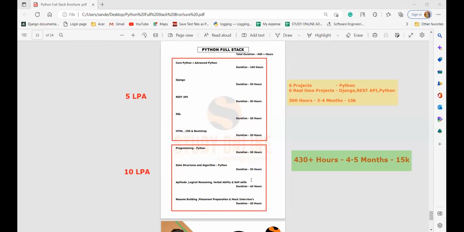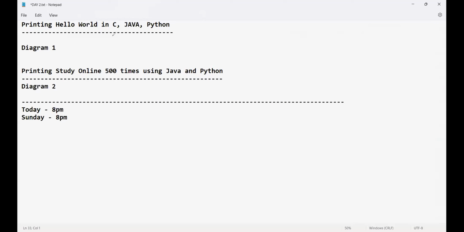Now, let me just come back to the notes. Please tell me, are you people able to see the notes or not? Okay, in the notes itself, I'll be giving the details of admission. From today, the admission window will open. If you belong to some of the colleges where I have done the boot camps or workshops, please contact me before doing the admission so that I tell you what you have to do and how things will be taken care of. The rest of you can just do the admission, no issues.